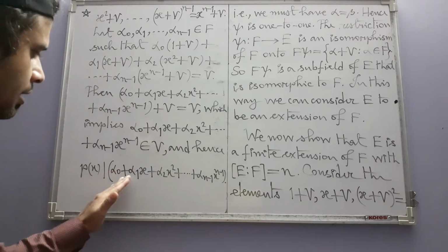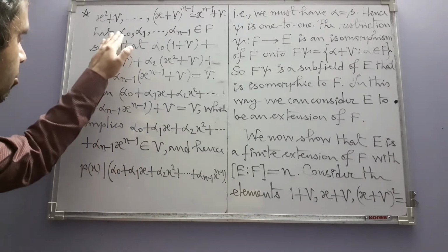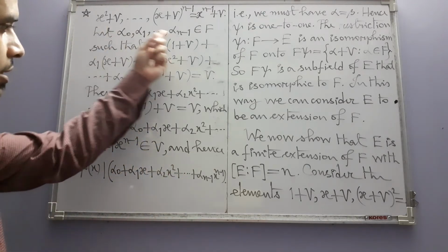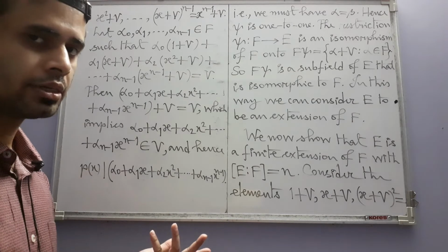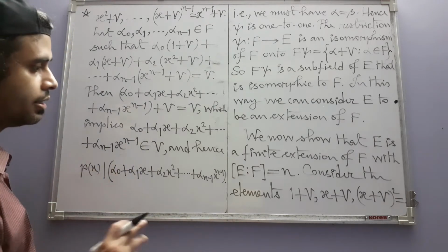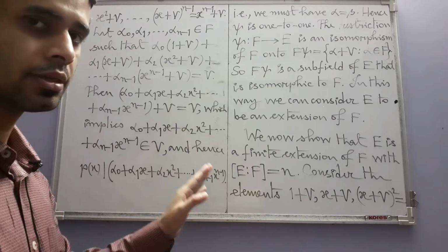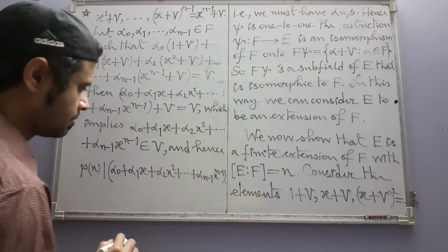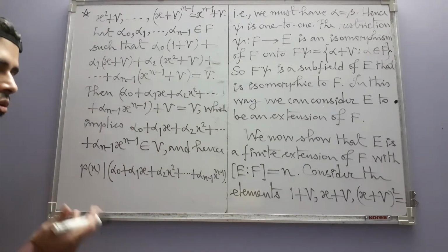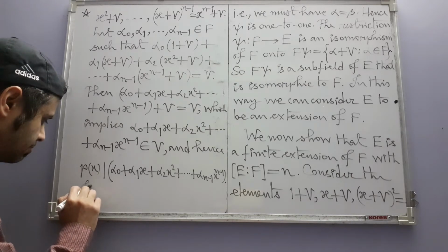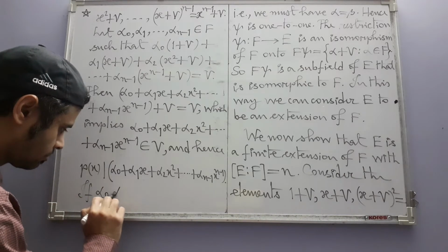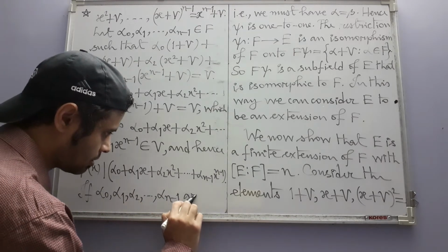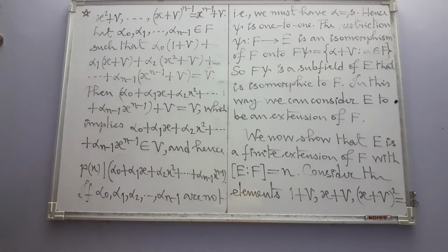We don't really know what the alphas are. In fact, it is our aim to show that all the alphas are equal to 0, because then only we will be able to say that these elements in E are linearly independent over F. And by the way, linearly independent over F really means linearly independent over F psi. Okay. Now, if these are not all 0,